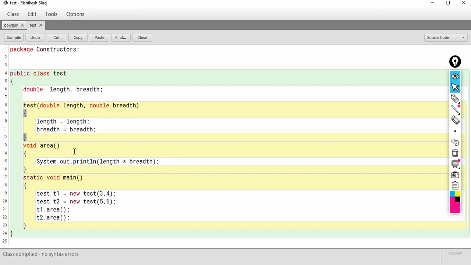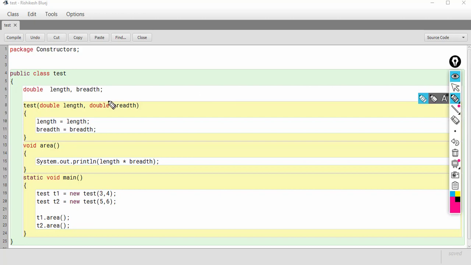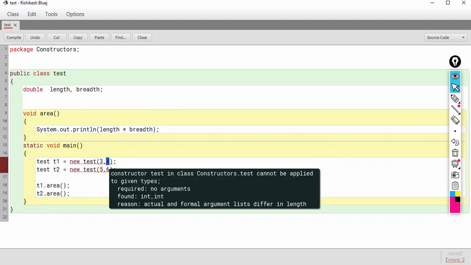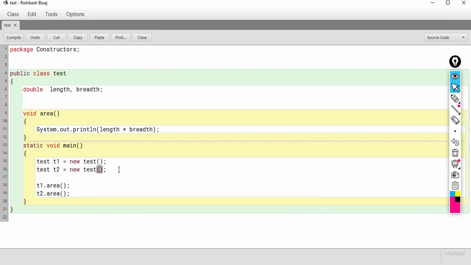What does that mean? So for the moment, let's remove the constructor here. The constructor is removed, and we will remove the parameters from here so that the default constructor is called.